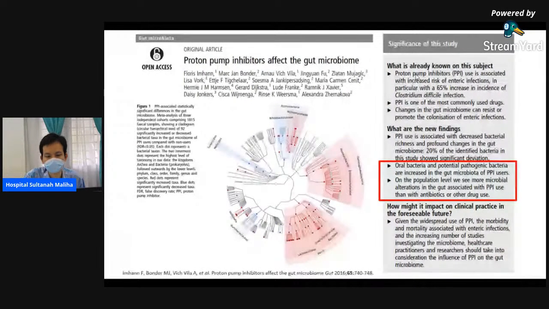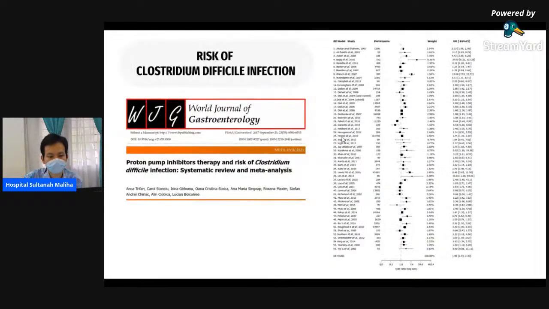So this is something that we should actually consider, and maybe we can consult the pathology department further about the insights. The risk of Clostridium difficile infection correlated with the use of PPI was illustrated in another study in 2017 under the World Journal of Gastroenterology. They performed a systematic review and meta-analysis to indicate the rate of risk of CDI associated with PPI per